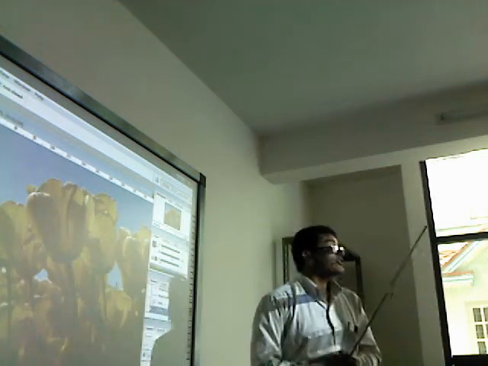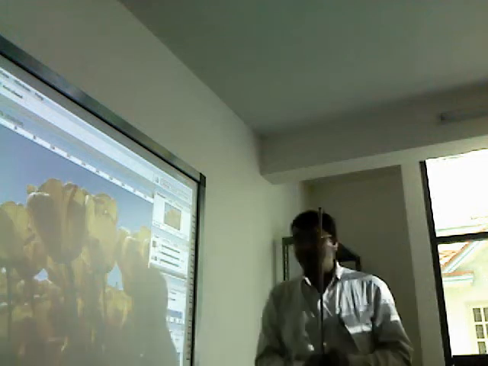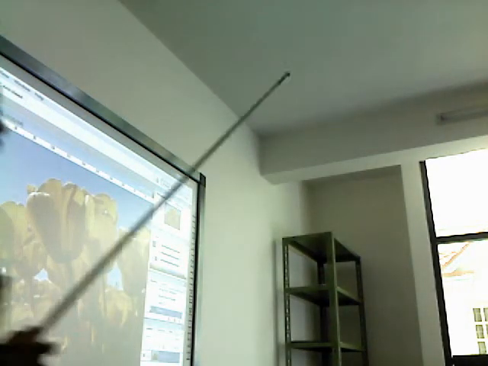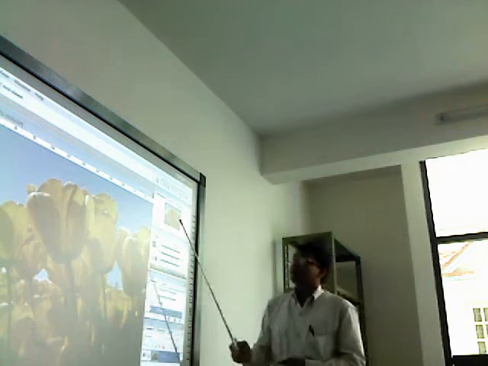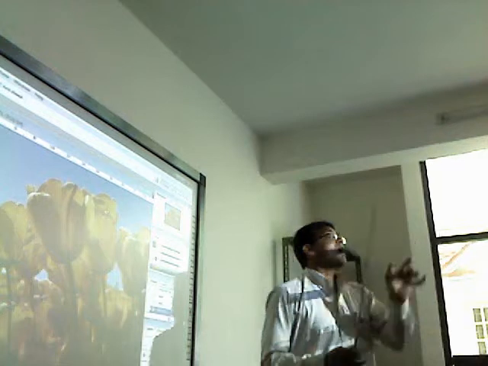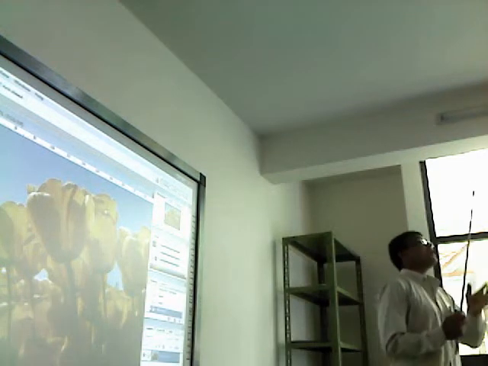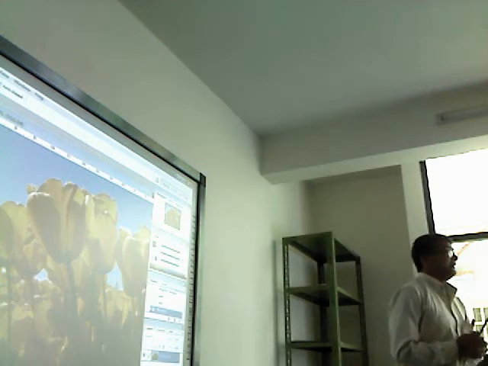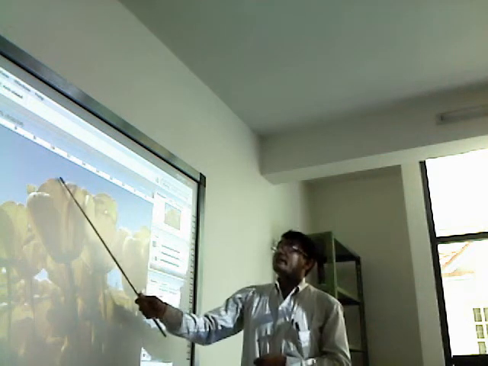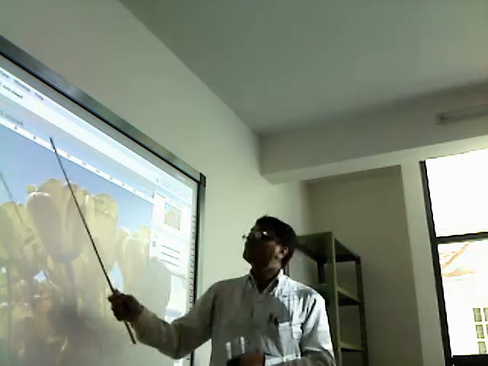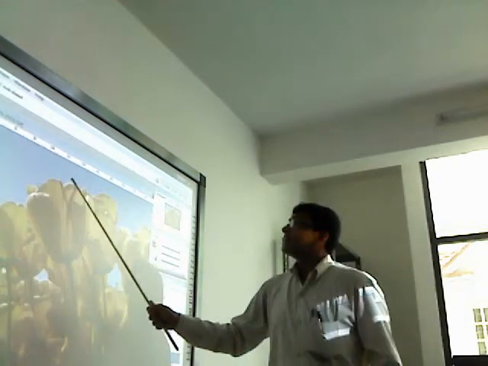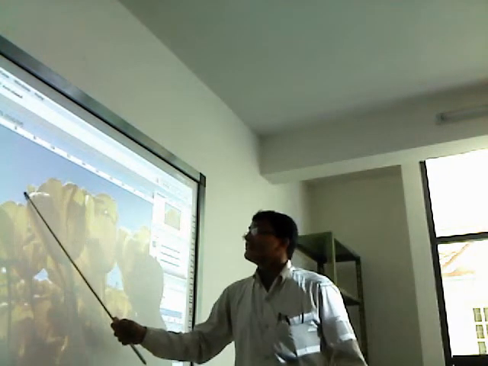Clear? Okay. Here, click the lasso tool from the toolbox. This is the toolbox. After that, drag the mouse in the area where you want to select. Clear? You want to select this portion. Control D, deselect.